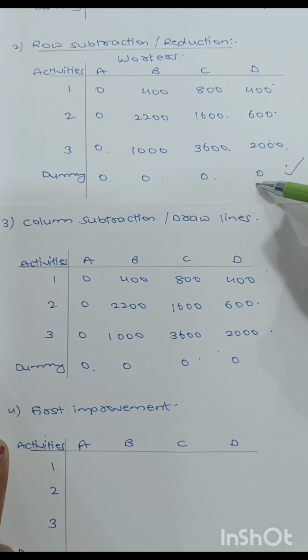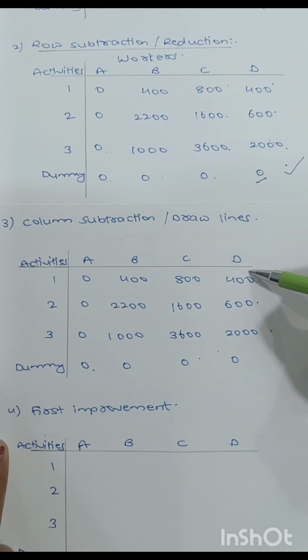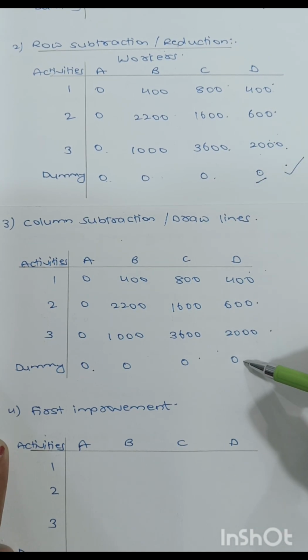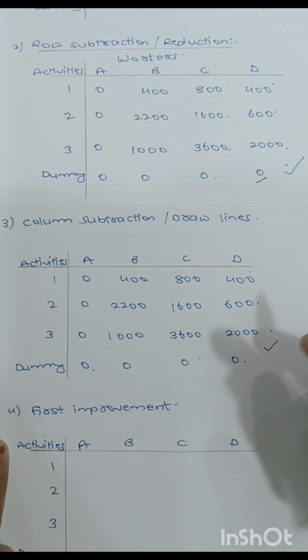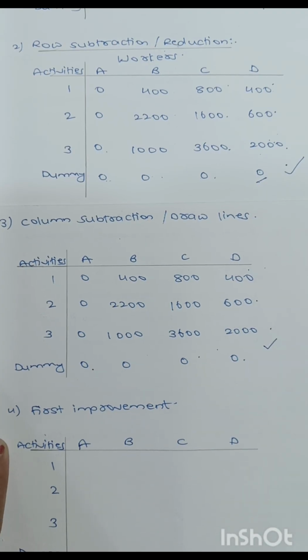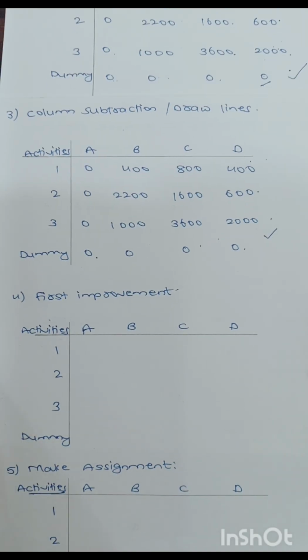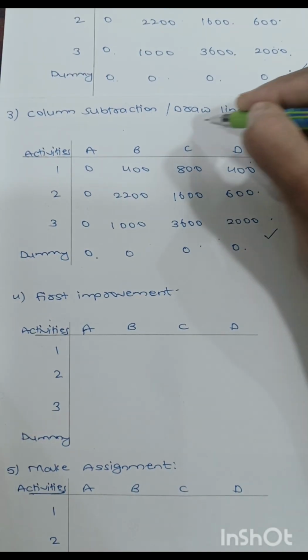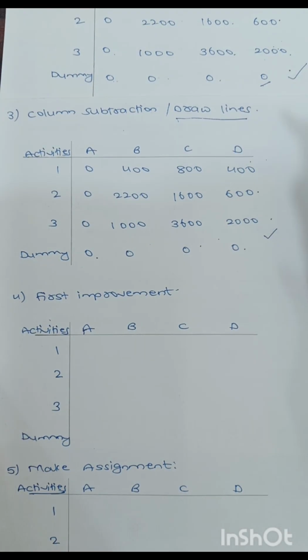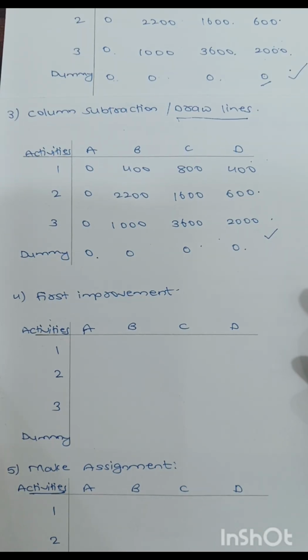Column D, again the lowest element is 0, hence we will get all the values which are similar. So this is the new matrix that we have got after column subtraction. Now, after column subtraction, the next step is we have to draw the lines. Now, the criteria for drawing the lines is,